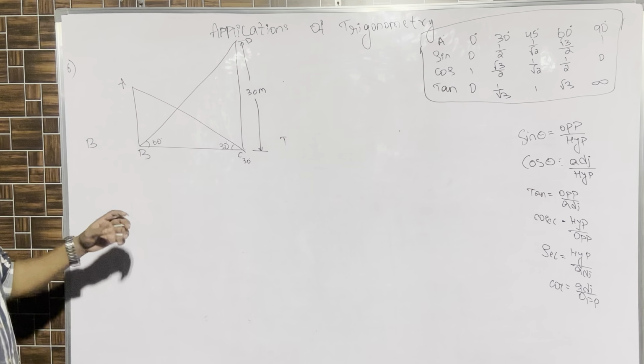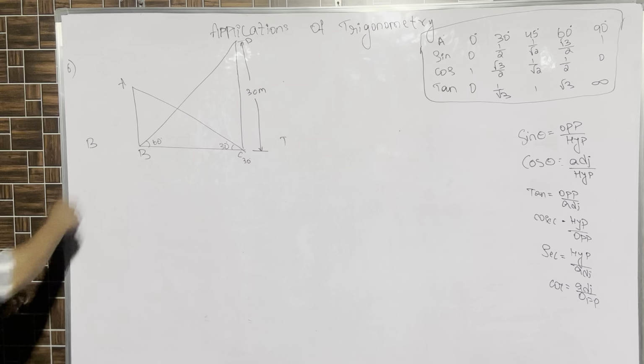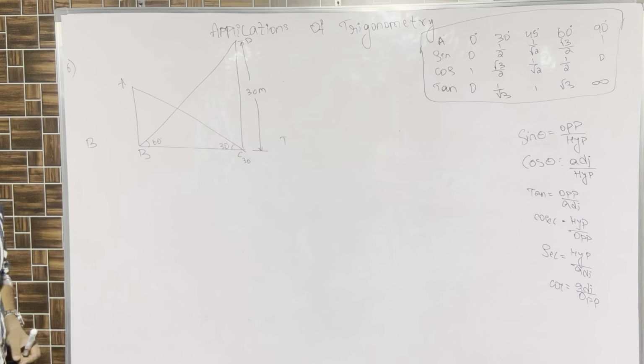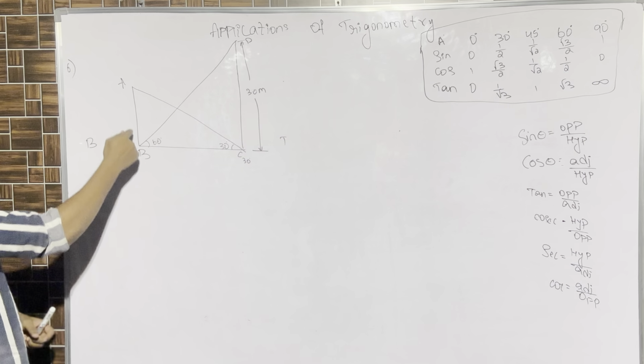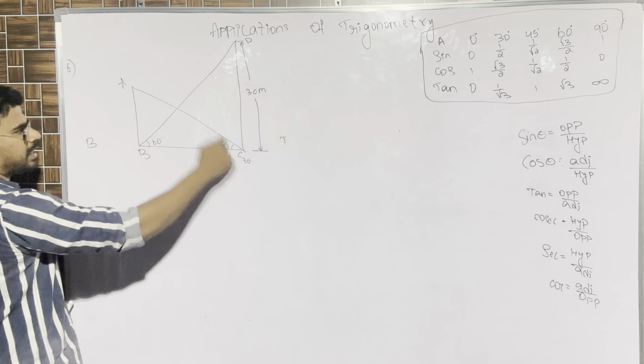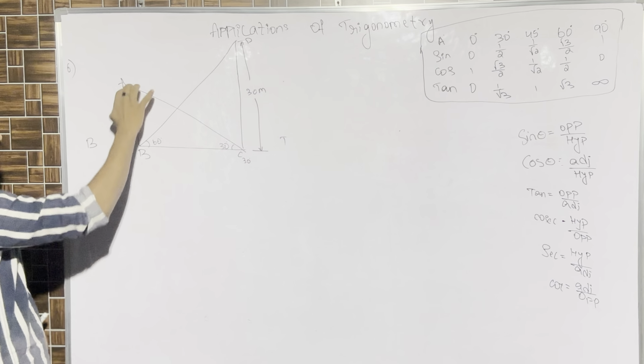Okay. Next, we have to identify two triangles here. What are the two triangles? In ABC, what is the angle, 60 or 30? 30, because 60 is divided into two parts and 90 degree. 90 degree we won't consider. So in ABC, this triangle, 30 is the angle, and one of the sides is AB, another side